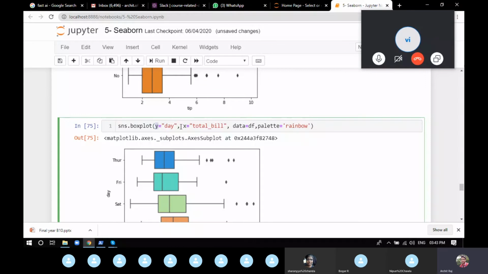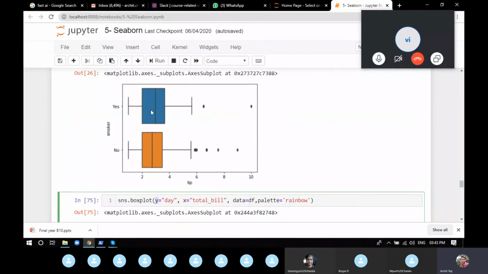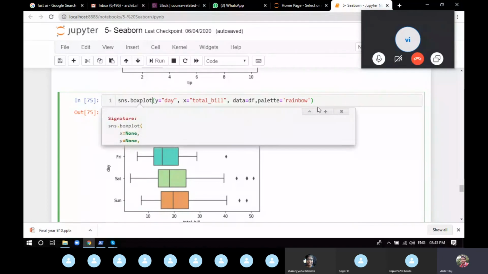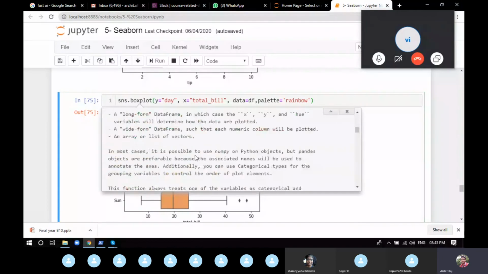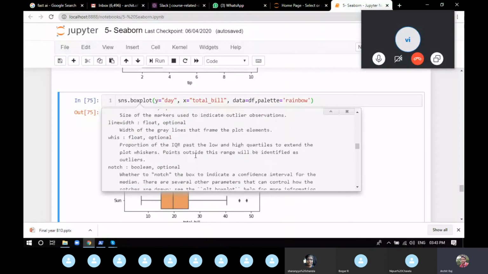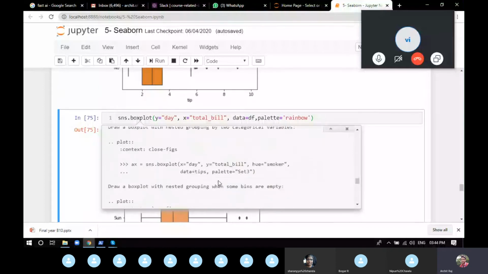What color combinations are present there? Just go to the docstring, find the palette, if you can find. Sometimes it's hard for me to even find. Nice. Sometimes even I can't find stuff. Slowly find. Orient, palette. The palette name, list or dictionary. So you can give either the palette name, their different palette names. Where is it? Okay, I can't even find it.